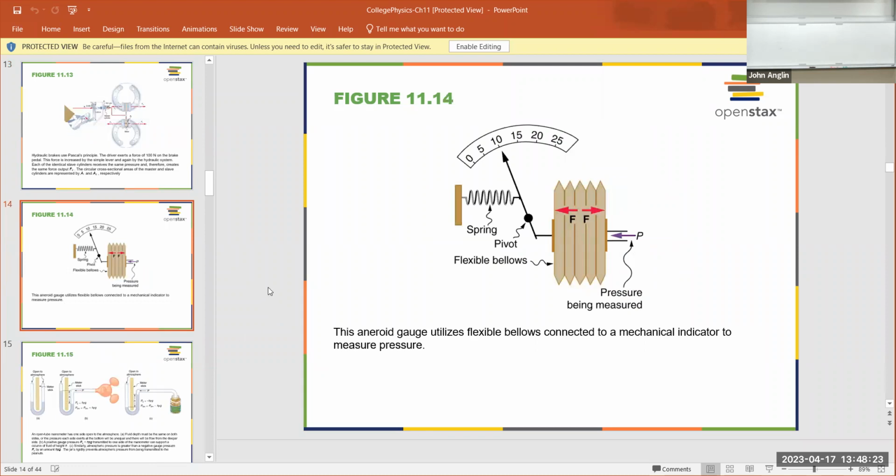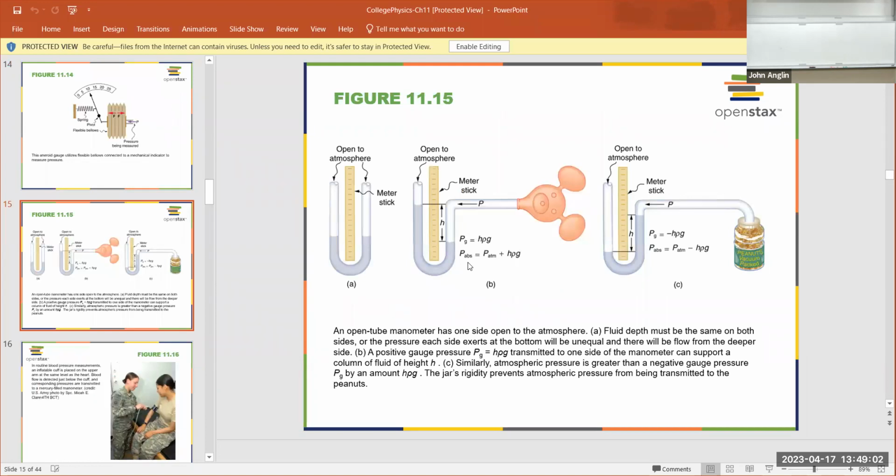This is what I was talking about, using a spring to measure forces. So if we have pressure on the right side, we have some area that the pressure is exerted over that generates a force. Well, we know a force, we know the length of a pivot arm, so here's some torque, and we know the spring tension, because we might know a spring constant and the distance the spring compresses. Then it's pretty easy to build a scale to tell us how much pressure this is. It's called an aneroid gauge, by the way. This is how a barometer works,